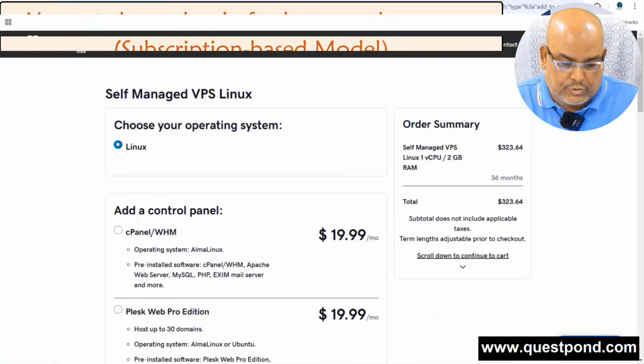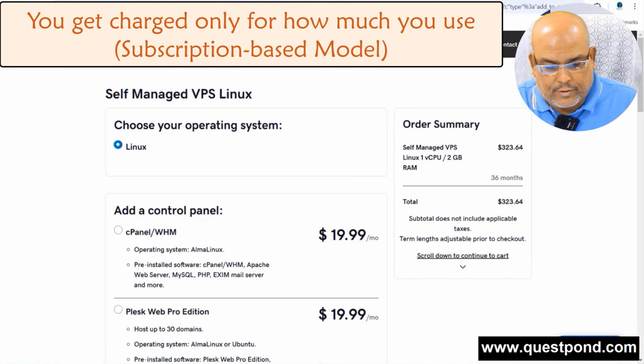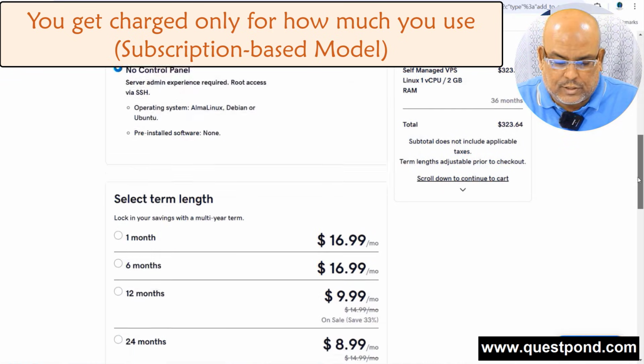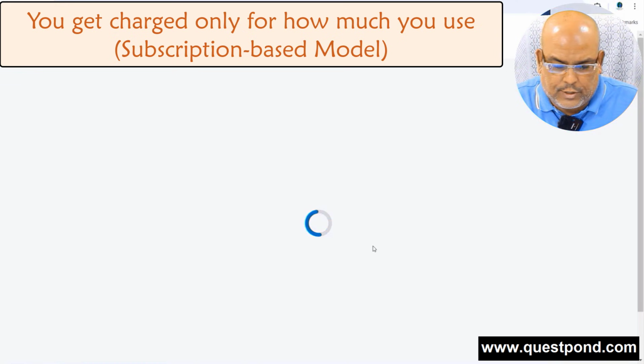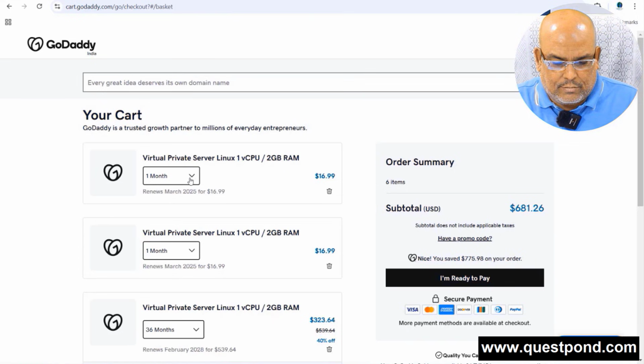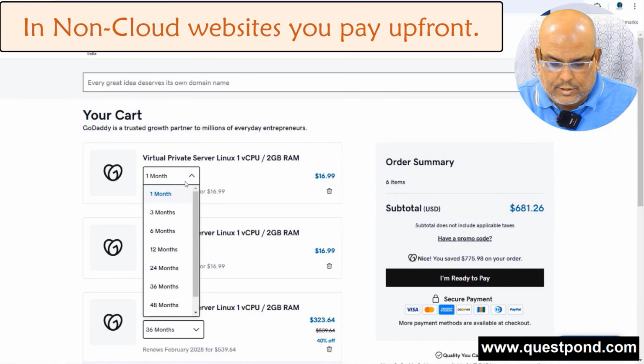But in this case, if you see, for example, if I say, okay, choose a Linux operating system, I'm just saying, first thing, the number of services are very less, right? When you're talking about GoDaddy and other things, right? But still, let's say if I go out here and say I want to pay the money. The first thing you can see, like, first thing, if you see here, you